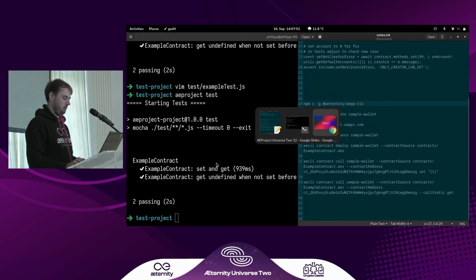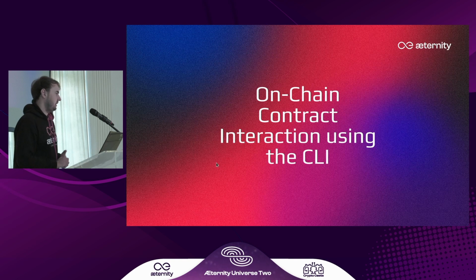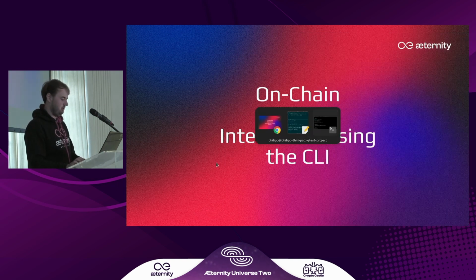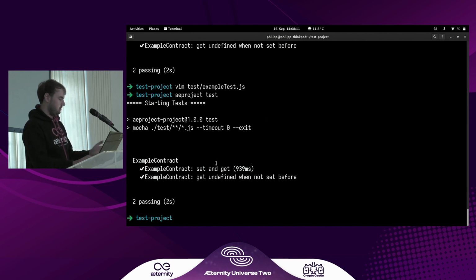manually. The next thing that I wanted to show a bit is how we can now interact with or deploy our smart contract to mainnet using the aeternity CLI and how we can interact with that. We also have some time left, so let's jump into that. So we have now tested our smart contract, we're sure it works, and we want to deploy it to the aeternity testnet or mainnet. So